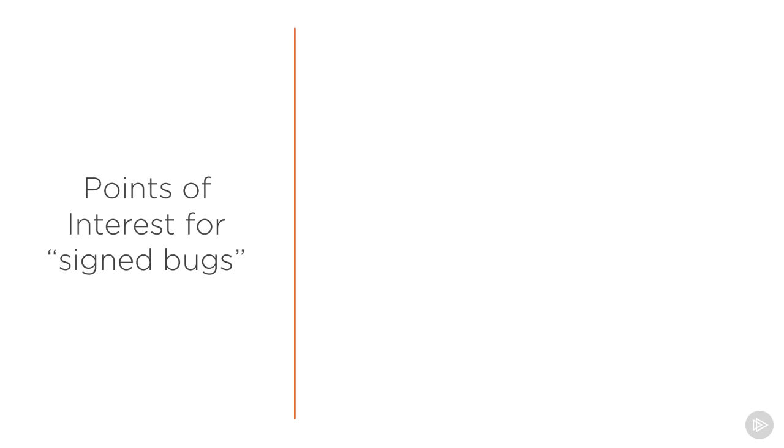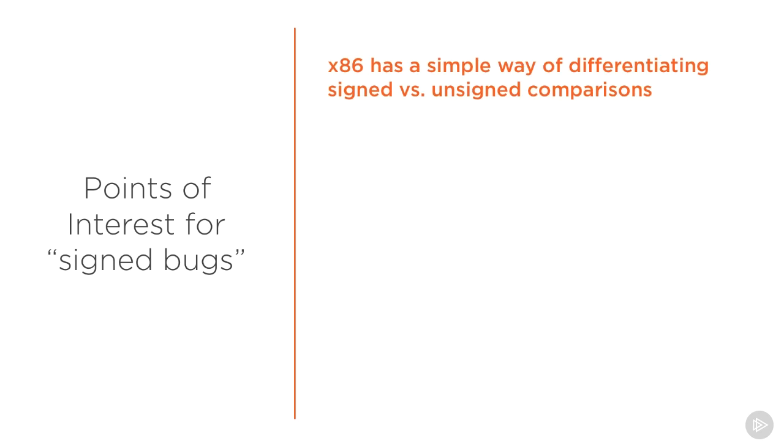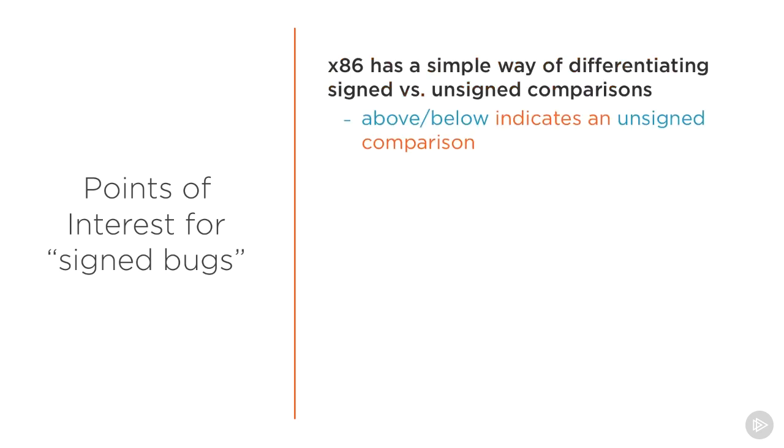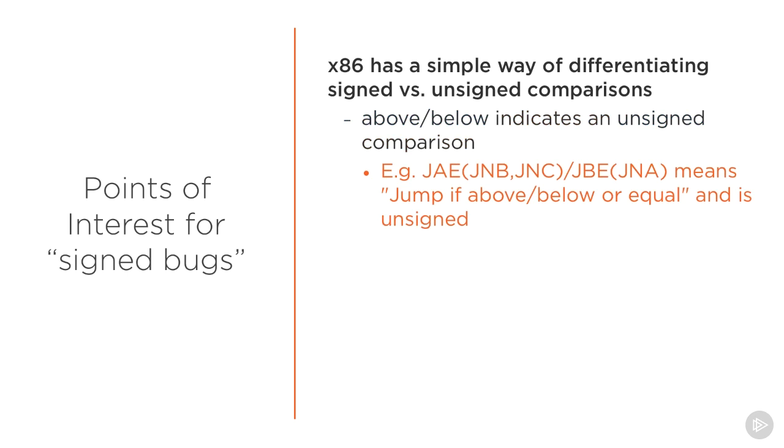One of the things I wanted to point out to you in greater detail, if you go back to the example and you look at the pivotal conditional branch where we either figured out the password and got success, or we didn't have success in our test program: how do we know that that comparison was actually a signed comparison? Well, it's very easy actually in x86. If there's an above or below, we're talking about an unsigned comparison. So if we had seen a jump above or jump below, those different conditional jumps,